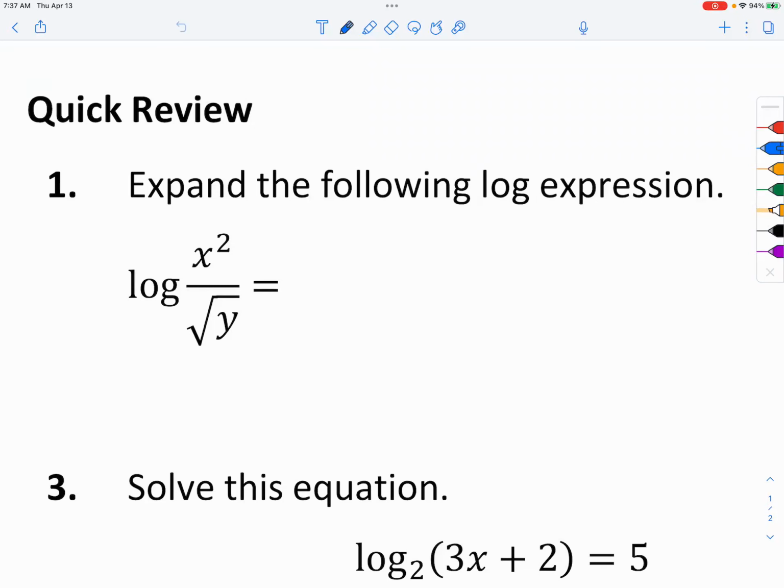All right, so I would expect everybody to know how to break this down into two separate logs without too much trouble. So for this one, it will be 2 log of x minus 1/2 log y. Okay, so we're just breaking down to two separate logs, and again,